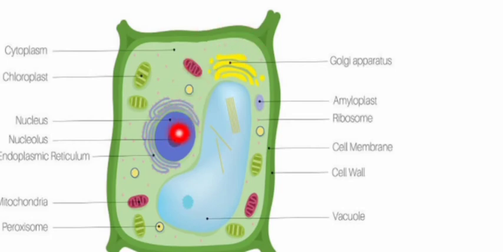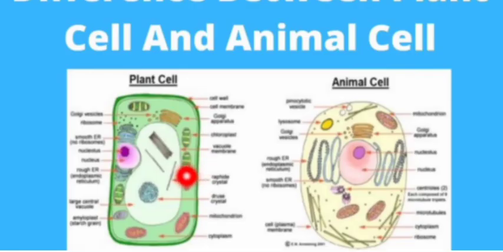Once again, the basic components of the cell are the cell membrane, cytoplasm and the nucleus. The cell membrane, that is the cell wall, gives the shape of the cell. The nucleus controls the center of the cell. Another function is to carry the genetic inheritance from the parents to the offspring. Vacuoles are larger in the plant cell, but in the animal cell they are smaller. Plastids and chloroplasts are present in the plant cell, but absent in the animal cell.